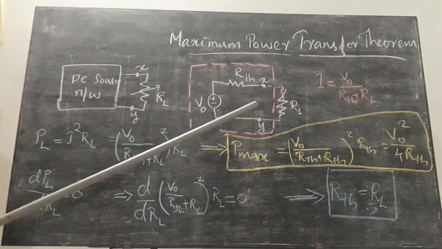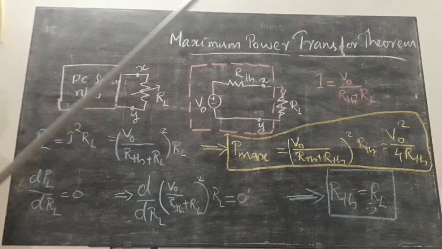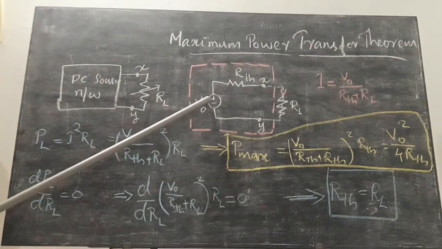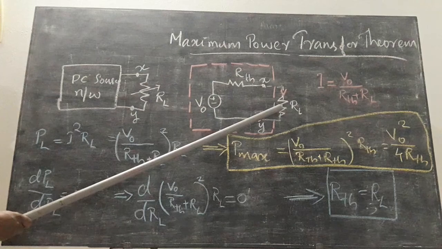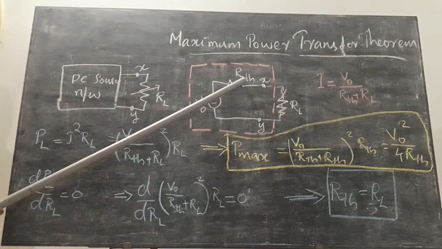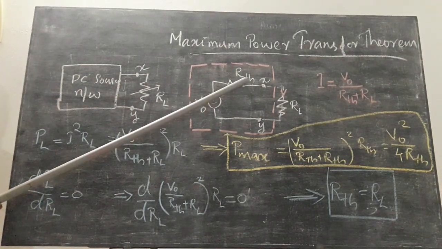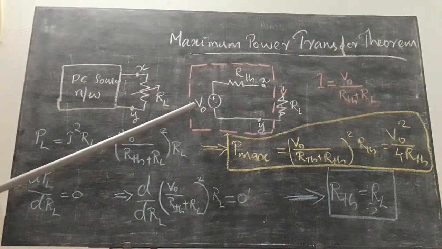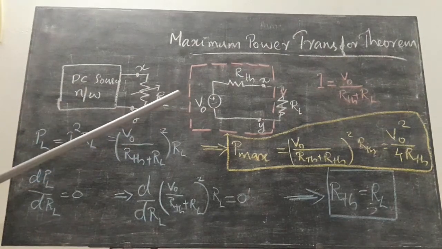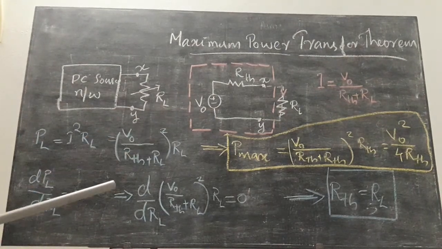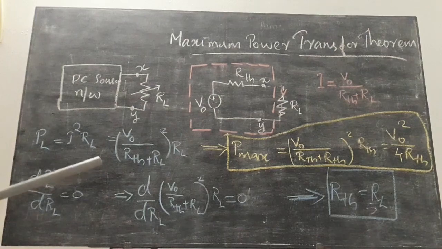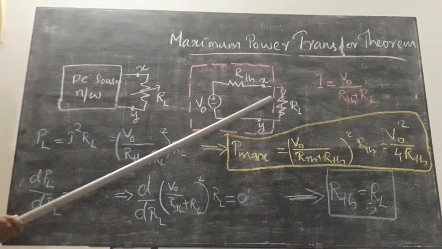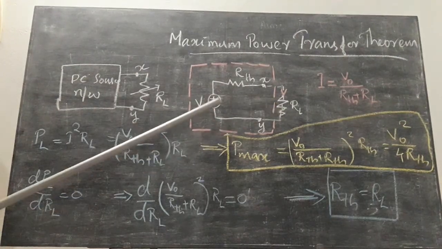But at maximum power, the power supplied by the source is equal to 2 into V0 square by 4 RTH, that is V0 square by 2 RTH. Once more, during the power transfer theorem, the maximum power delivered to the load from the source is